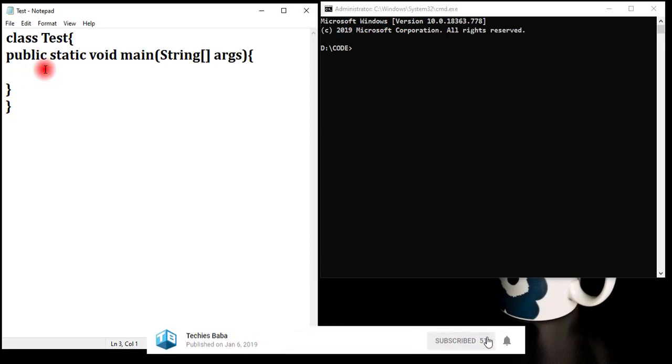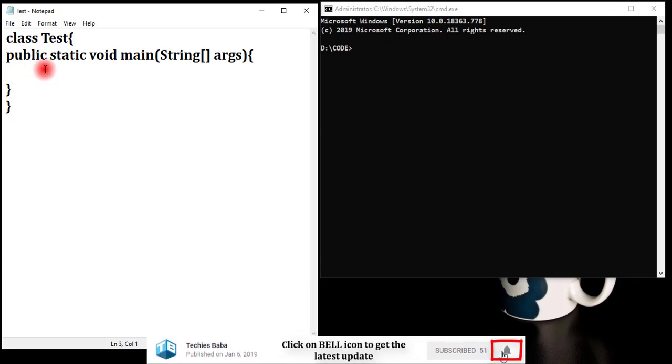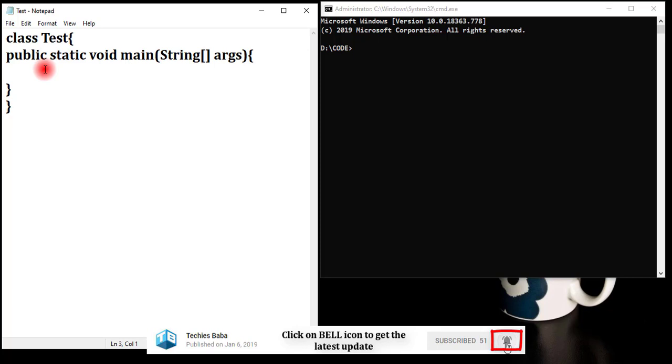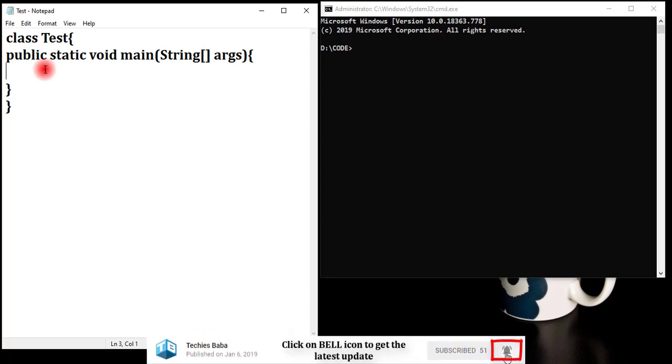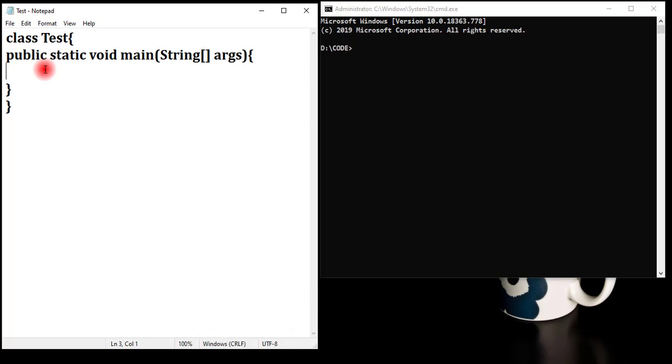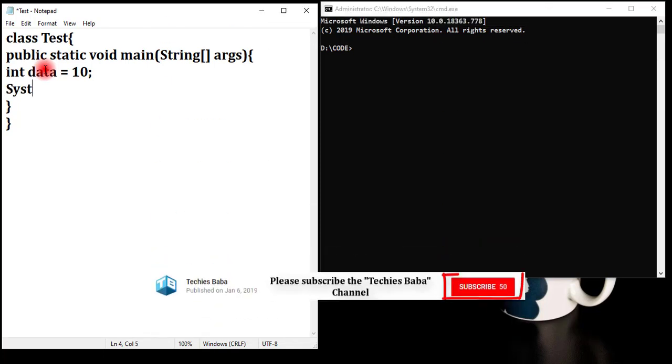So say we have a Java program, we are having the main method. Now we are executing this. We are trying to run the code with the example. So let's say I am defining a variable int data equals to, say, 10, and then I want to print this value.